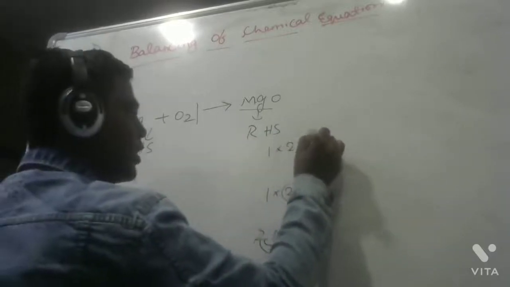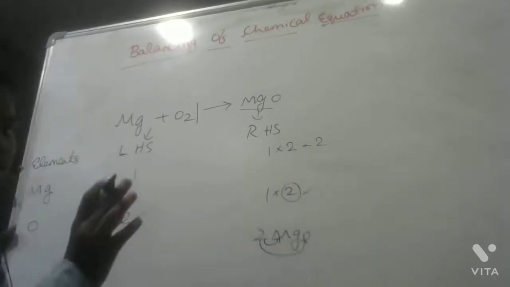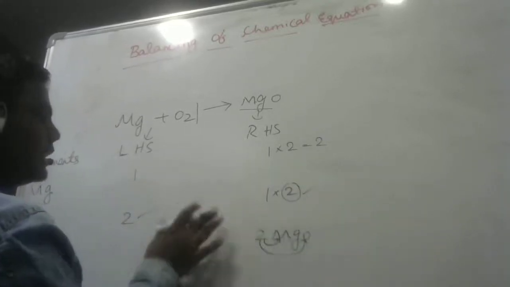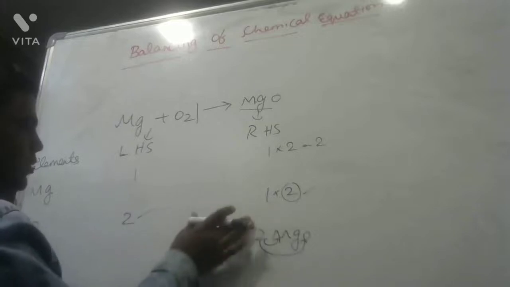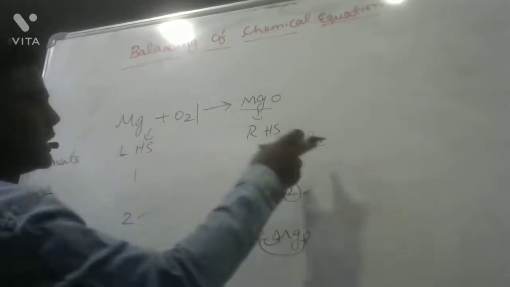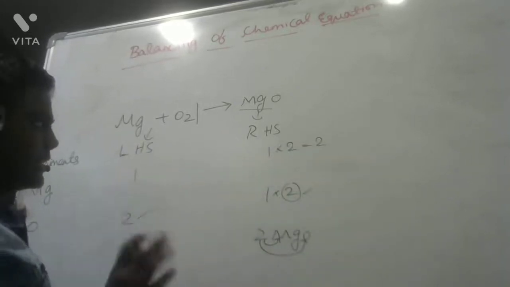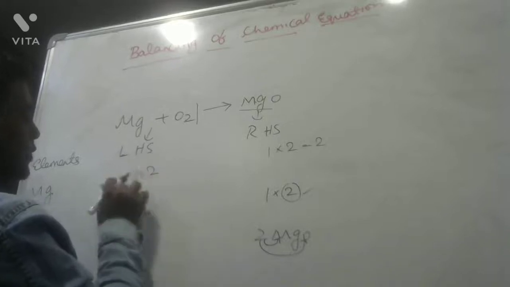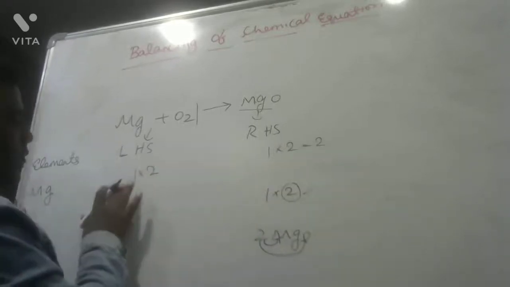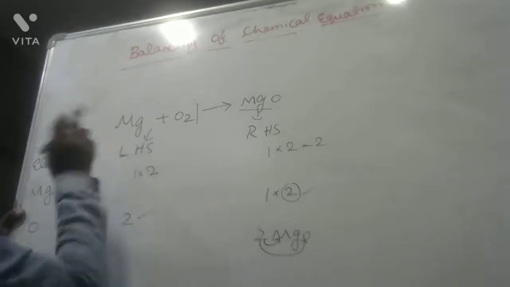Now this product becomes 2. Here this is balanced, 2 and 2 balanced, but in balancing these, we have made this unbalanced. Now this is 2 here, but this is 1. What to do in this situation is, again you multiply this with some number to get this number. So 1 into 2, here 2 you are having, so this 2 is added to this Mg,